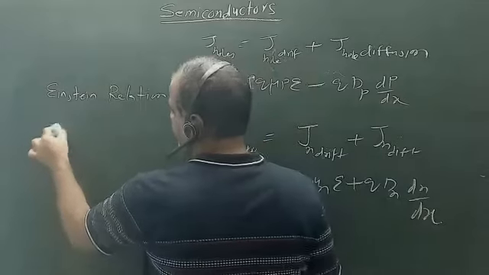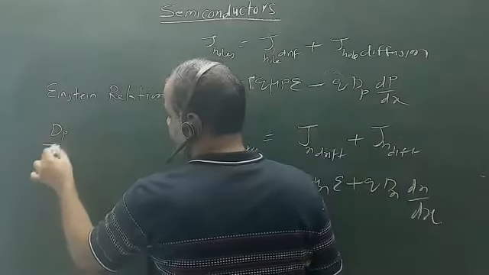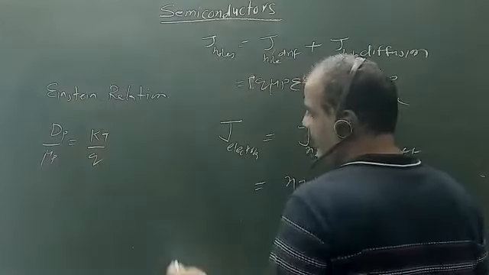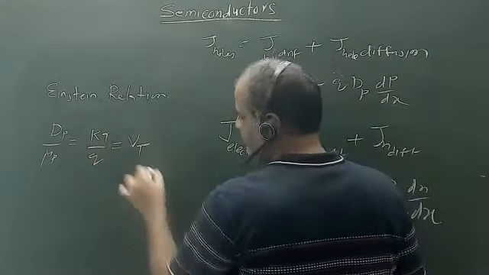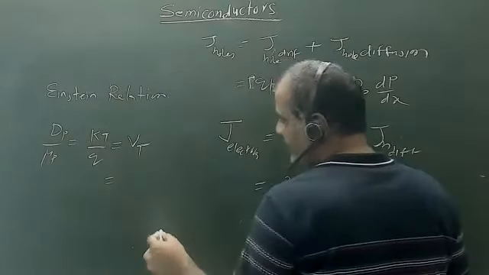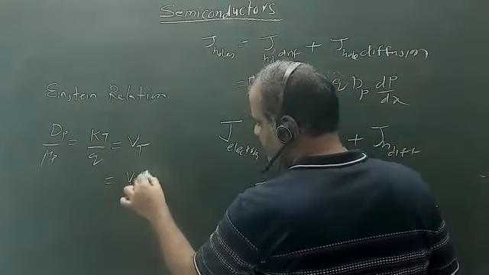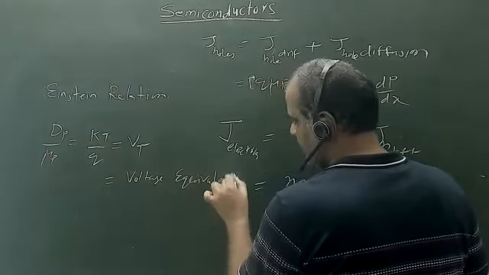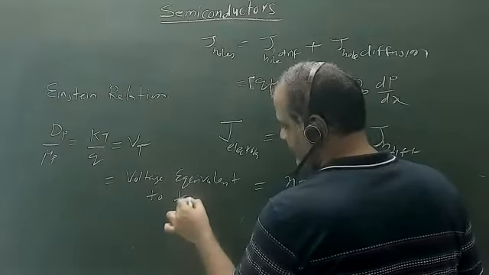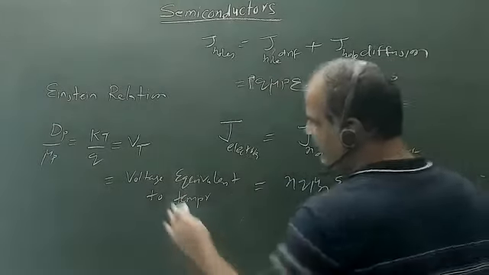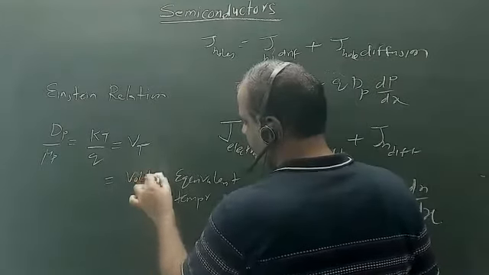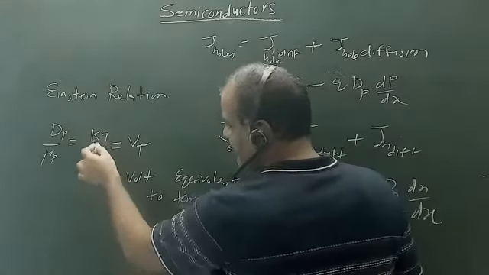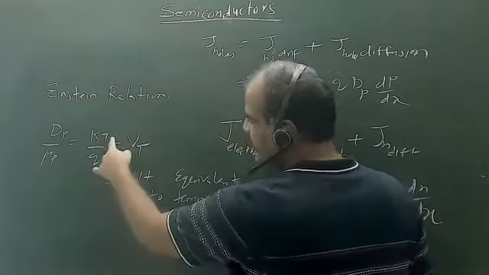So Dp upon mu p is equal to kT by q, and kT by q is called your Vt, thermal voltage, or voltage equivalent to temperature. For example, if room temperature is 300 K, so we know